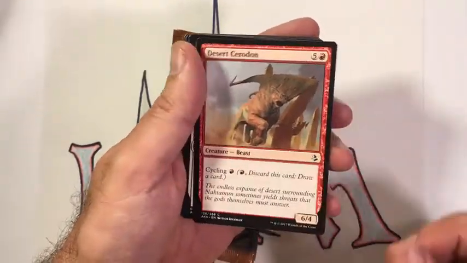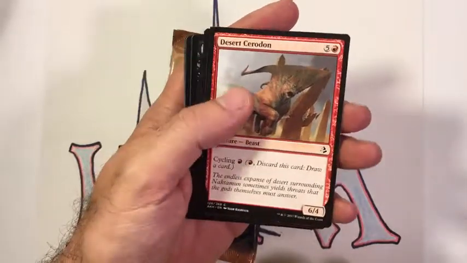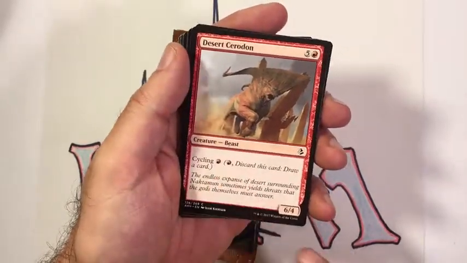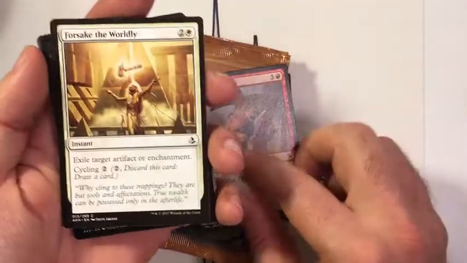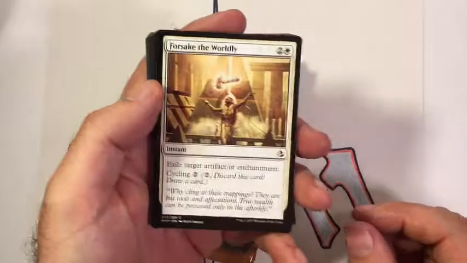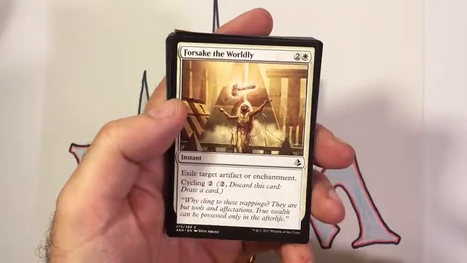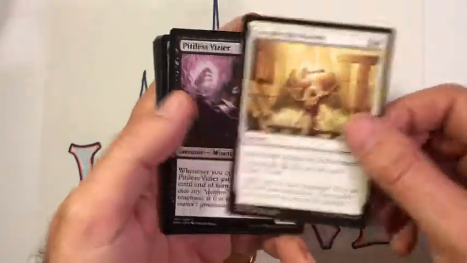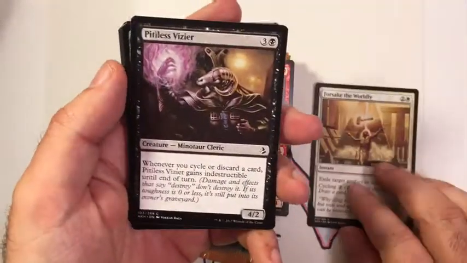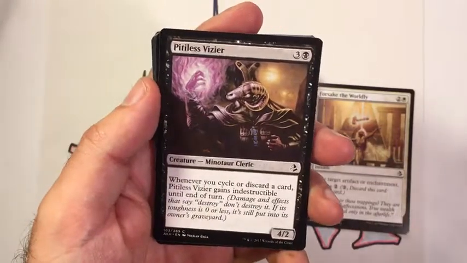Okay, Desert Celadon. I always consider this first pickable, simply because you can cycle it out for 1 red if you don't need it, and it's a huge beatstick. So I will put this at the top. If I don't see anything else, that will probably be my first pick. Forsake the Worldly is a sideboardy kind of card. It is nice that it cycles, but that's a sideboard for later. You do need these kinds of picks in sealed, but...